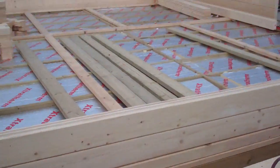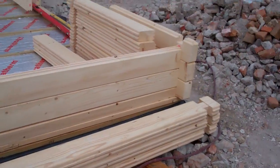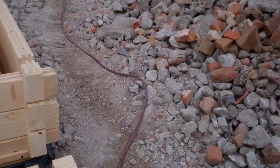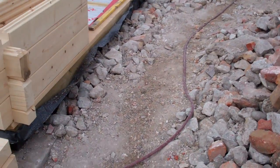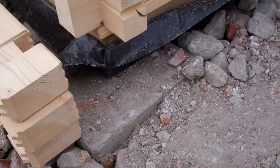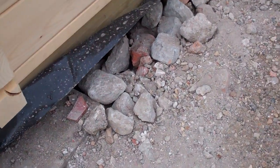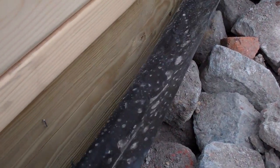So here we are on the build of a 2-bedroom log cabin. The interesting concept behind this is we built this on a pier system. If you look around the building, there's piers every 2 meters in a grid formation, on top of which we have put, you can just about see that,